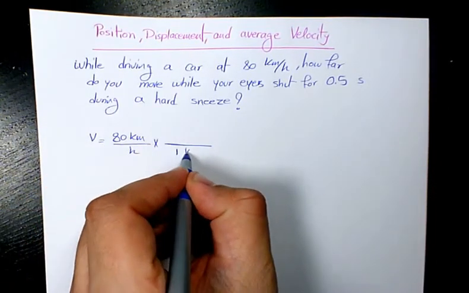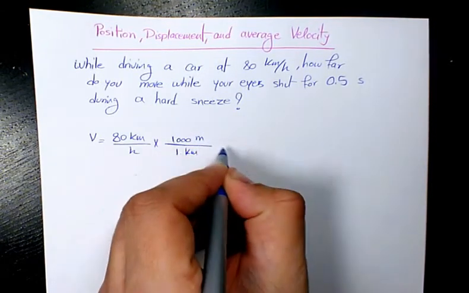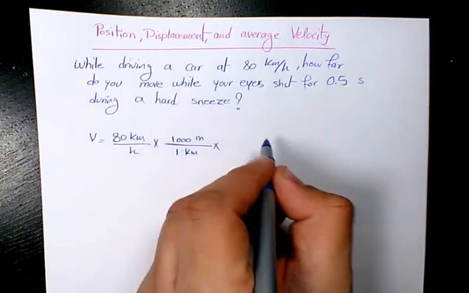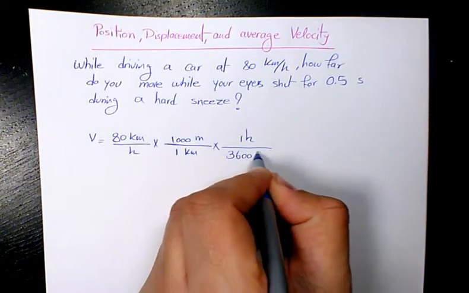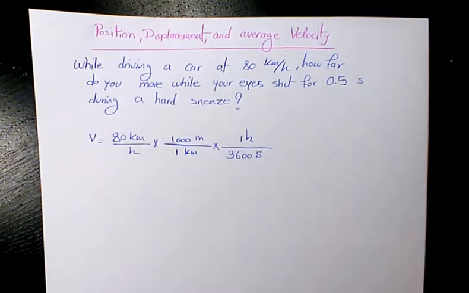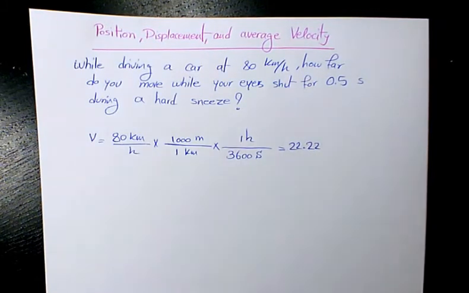You can say 1 kilometer contains 1,000 meters, and 1 hour has 3,600 seconds. 60 times 60, because 1 hour is 60 minutes and each minute is 60 seconds. So therefore we have 80 times 1,000 divided by 3,600, which will be 22.22